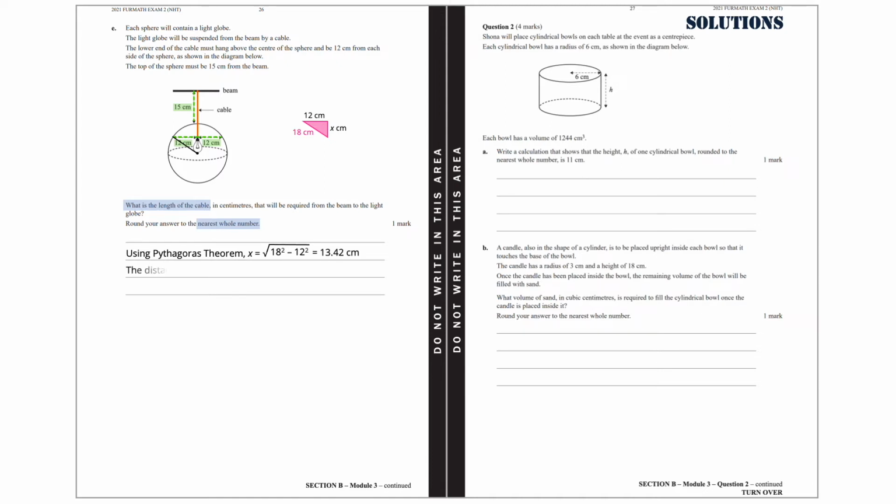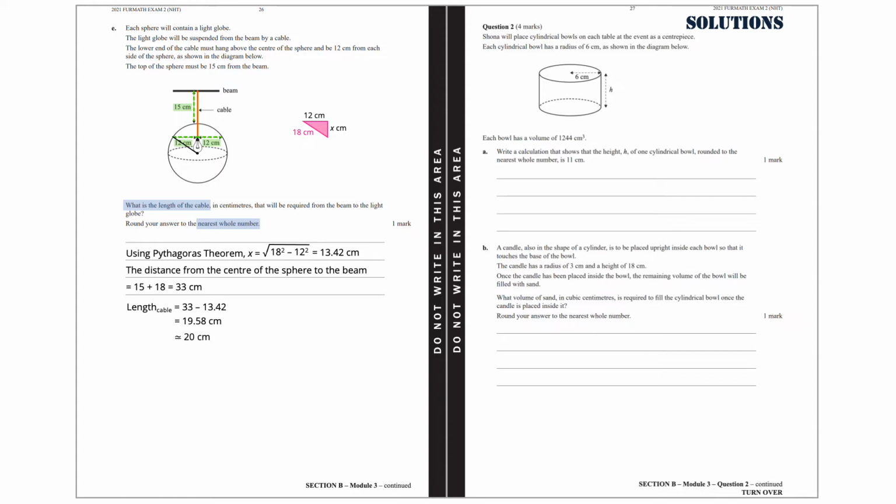We know that the distance from the center of the sphere to the beam is equal to 15 plus 18, and that is 33 centimeters. Therefore, the length of the cable is 33 minus 13.42 equals 19.58 centimeters, approximately equal to 20 centimeters, correct to